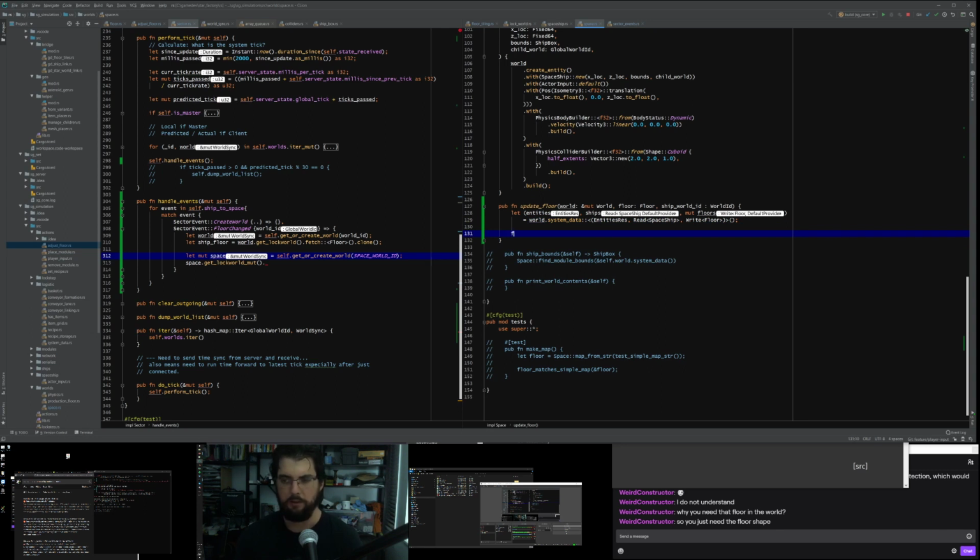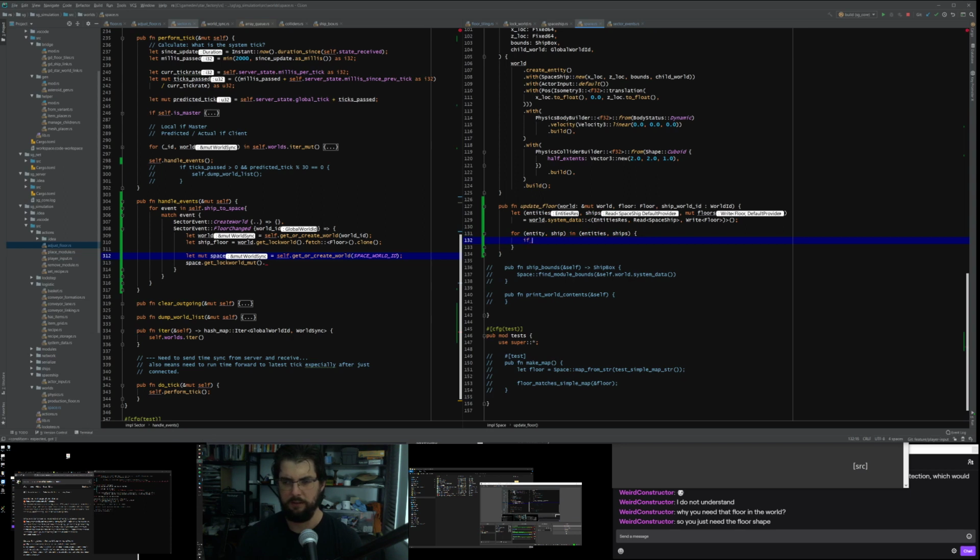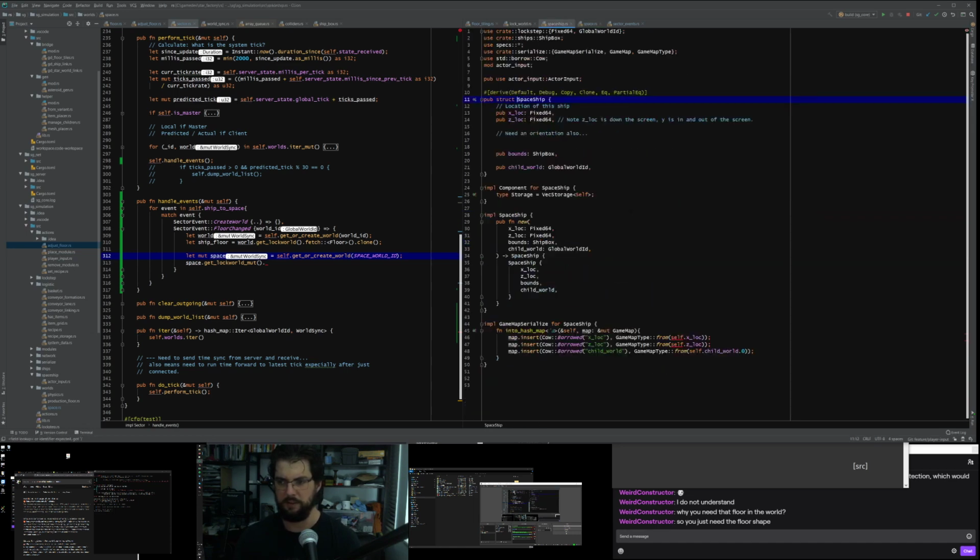Now what we're going to do is go for every entity, ship, floor. I don't actually want to iterate over floors here. For every entity and ship in entities, ships, what we're actually looking for is to see if the ship has a world ID in it. If I look and see what spaceship is, we'll see it has this thing called child world.